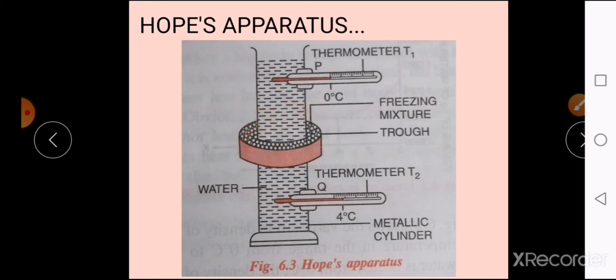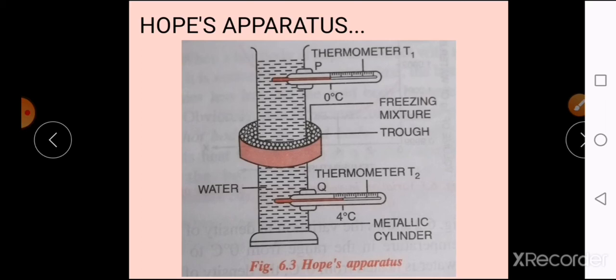Till it reaches 4 degrees Celsius, once the water till here has a steady value, the water above is not going to be affected, it will remain only at room temperature. So as it cools, it contracts, and the density increases, and it comes to the bottom only. That is why till it reaches 4 degrees Celsius, your thermometer T1 is not going to show any changes. Now once it reaches 4 degrees Celsius, it means almost the water here has contracted and reached the value 4 degrees Celsius, and afterwards what happens? The water above will also start to change.